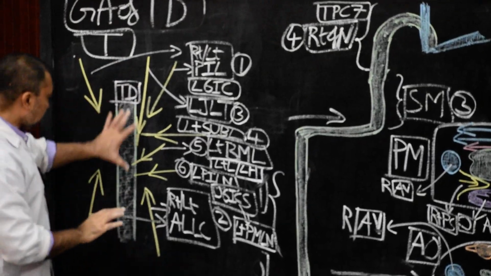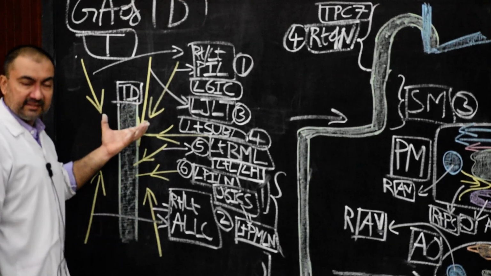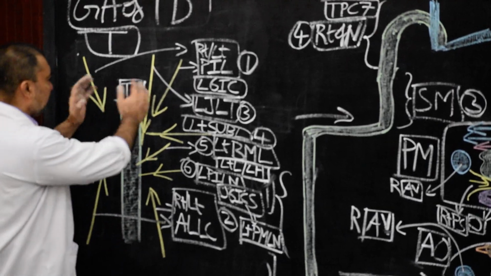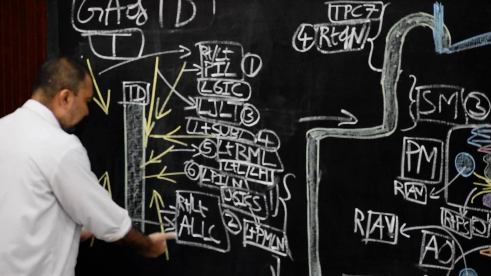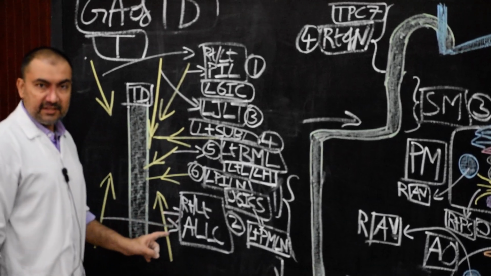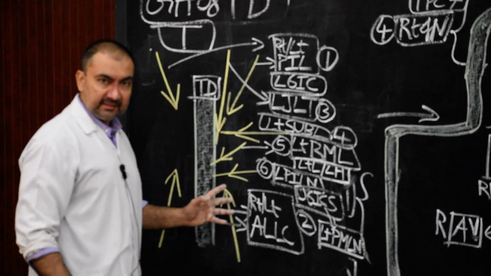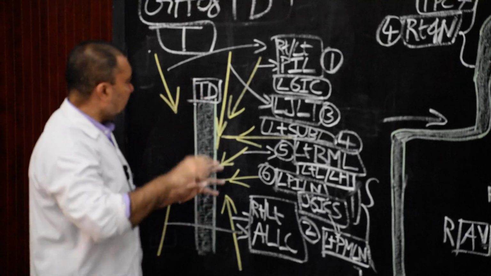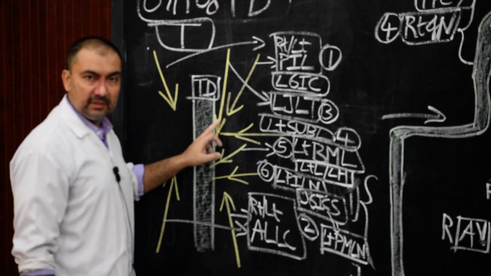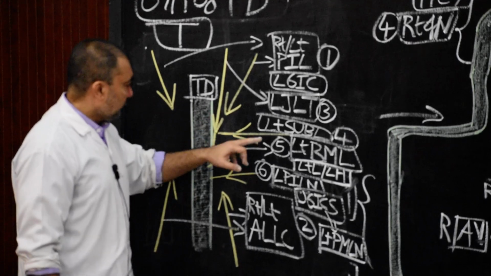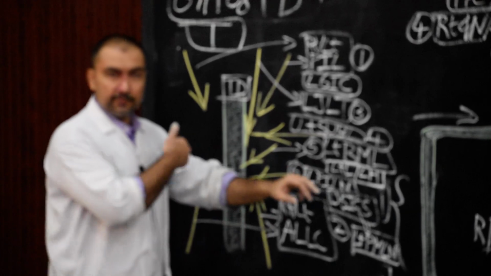Very simple. Thoracic duct, 2 descending lymphatic tributaries coming from the lower 6 thoracic intercostal spaces, right and left side. Then 2 coming from below, the ascending lumbar lymphatic channels coming from the lumbar lymphatic spaces. These are the 2 sets, 2 tributaries. Third tributary, left jugular lymphatic trunk, coming from the left side of the head and neck. Fourth will be left subclavian lymphatic trunk coming from the left upper limb.